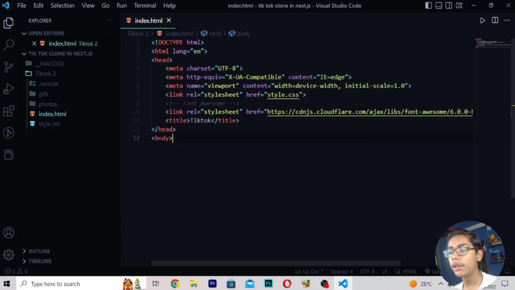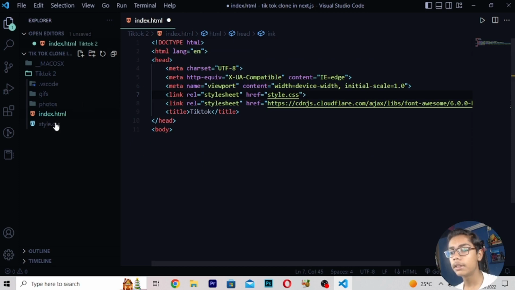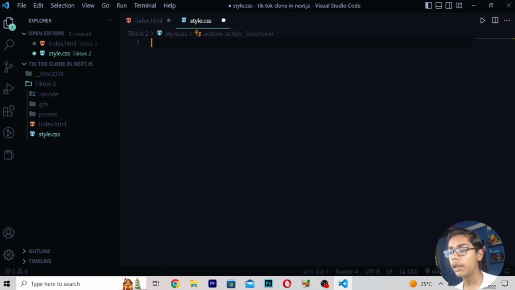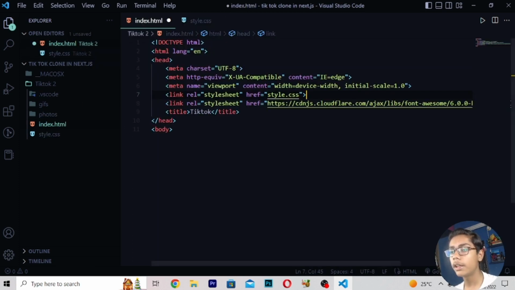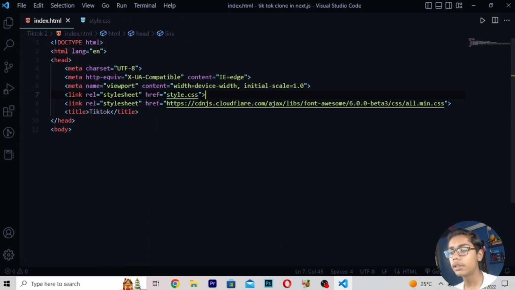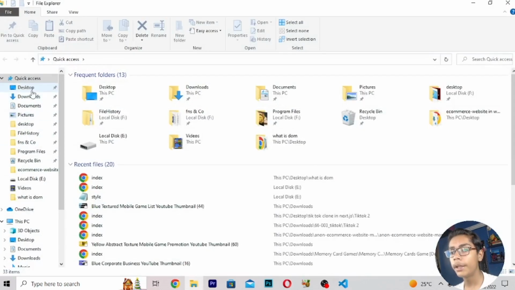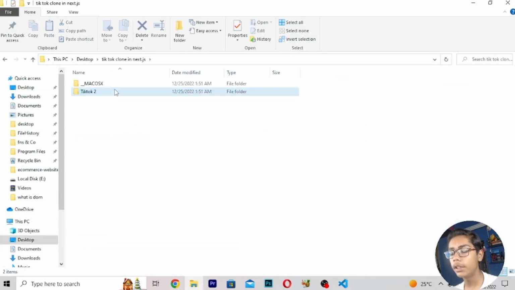Then when you've written this, I will be erasing this thing also, moving in this file. Then here I will be saving. Now when you're getting all this, press Ctrl B to close the side panel. Now I will be opening it in my default Google Chrome browser, which is created on my desktop, and this is my Google Chrome browser.